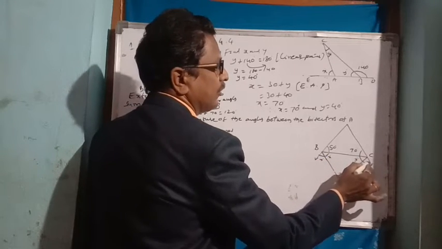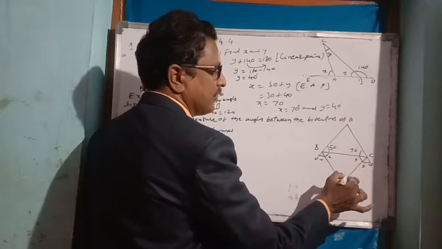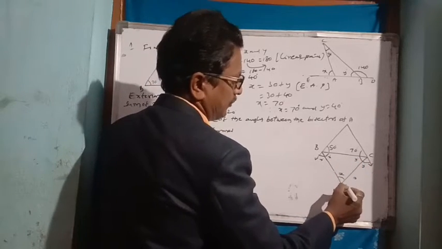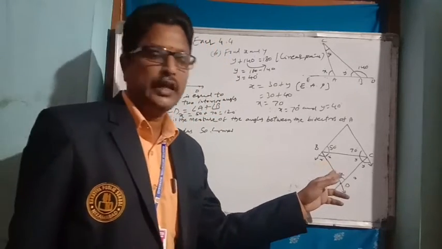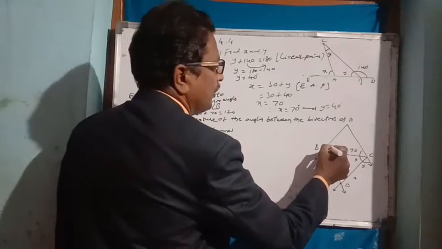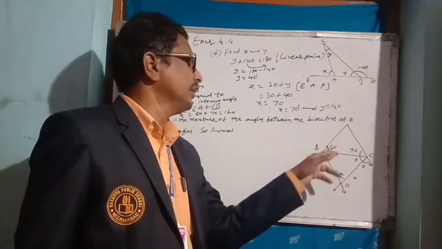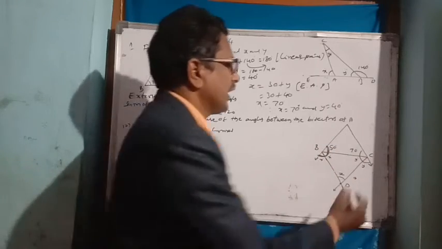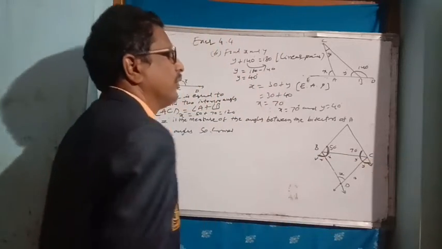And this is the exterior angle. The AC side is produced, and here an exterior angle is formed. This exterior angle is bisected. Those two bisectors intersect at, suppose, D. Then what is the angle at D? That angle we have to find. Now see here, how to find it? From here to here, this is a straight angle. On a straight angle, the sum of all angles is equal to 180 degrees. Here also the sum of all angles is equal to 180 degrees. So from this we will find X and from this we will find Y.